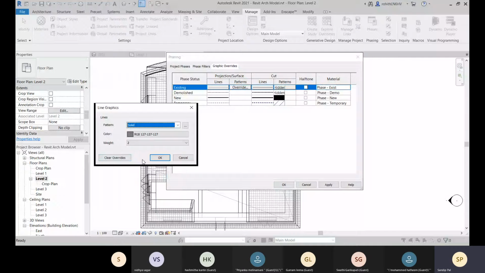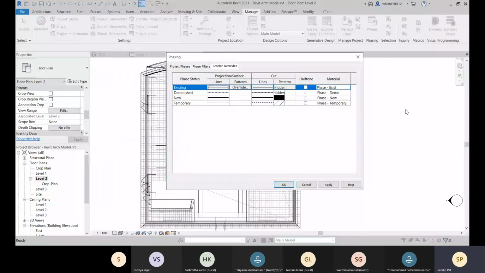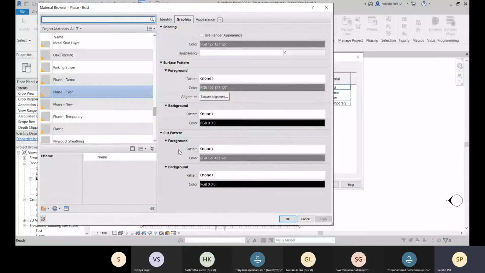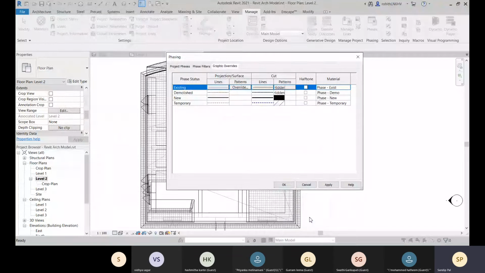Okay, and the material is selected over there. And if you want to change any material, you can go for the material from this material section. And one more thing is that you can dim those line types and the patterns with this halftone. So that is also available.